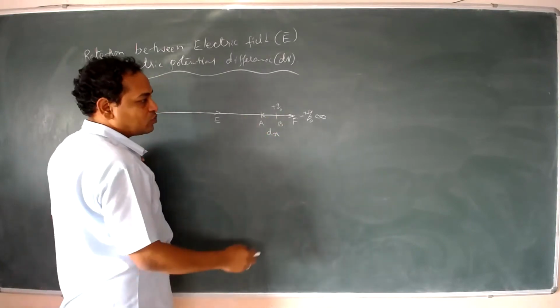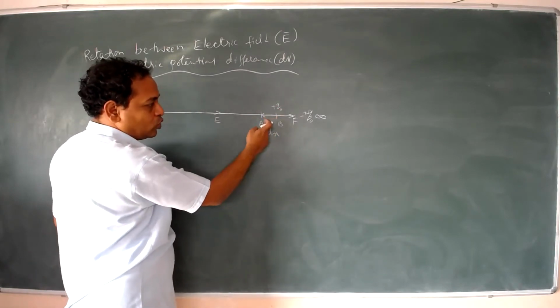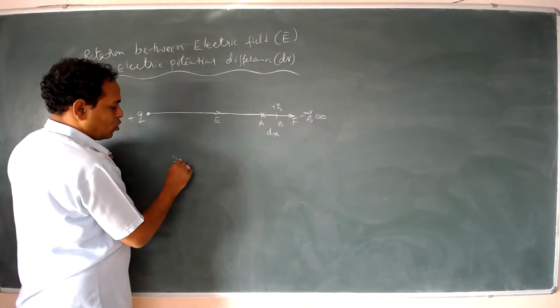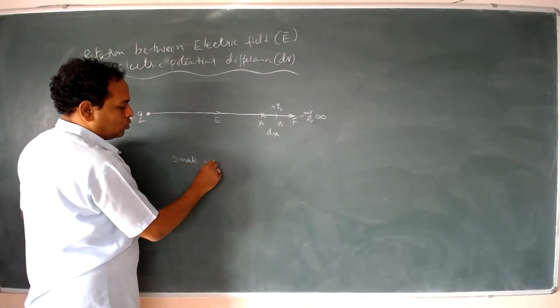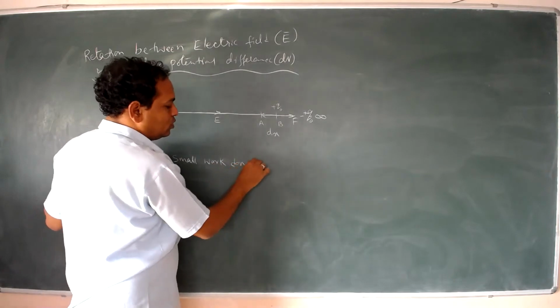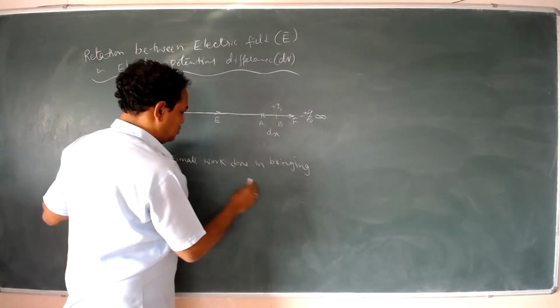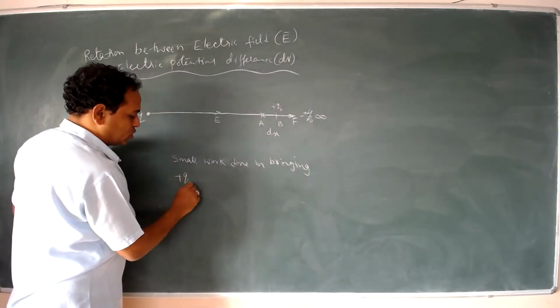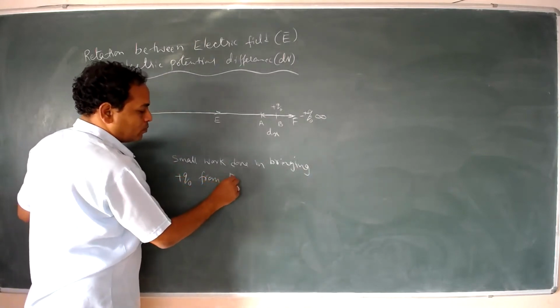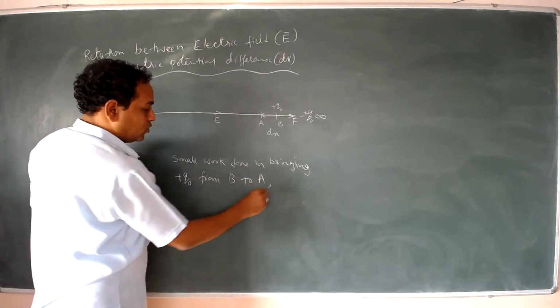You have to do a small work in bringing a charge Q naught from B to A. Therefore, small work done in bringing unit positive test charge from B to A is given by